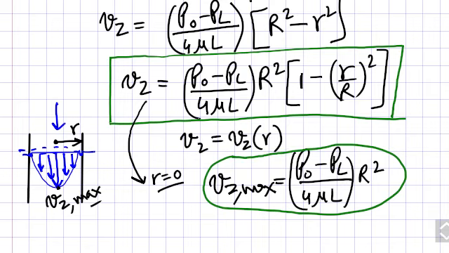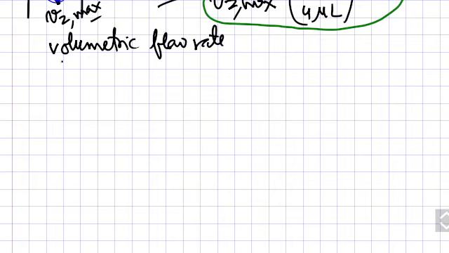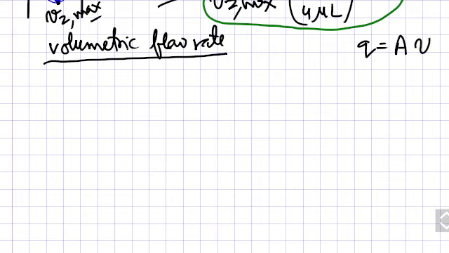And now we can find other formulas. The next important formula that we will develop is for volumetric flow rate. Here the concept we will use: the volumetric flow rate is Q equals A times V, where A is the area and V is the velocity. But that was for a very simple system, and here it is a little more complicated. So first I will tell you what concept we will use.